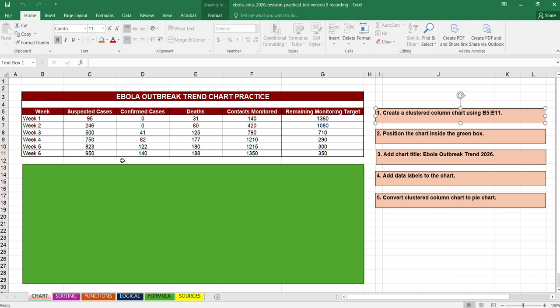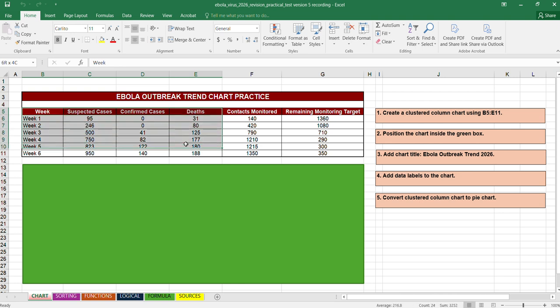So what will be the reference? So from this task, okay, we have B5. So this is B, and then this is 5. And then go to column E. So this is column E. And then go to 11. So go down. So this is E11.